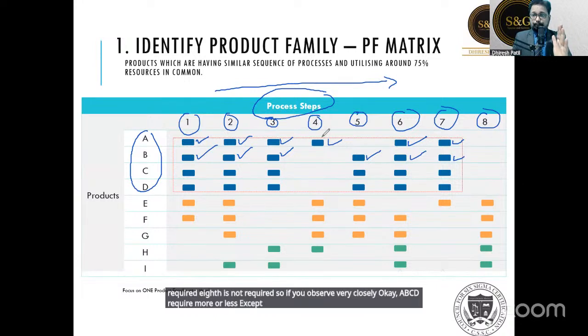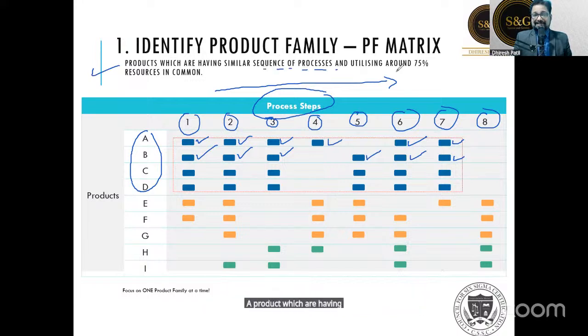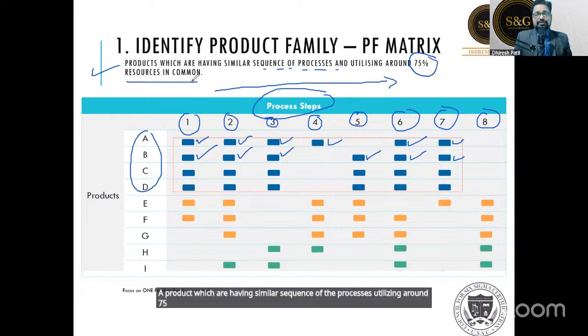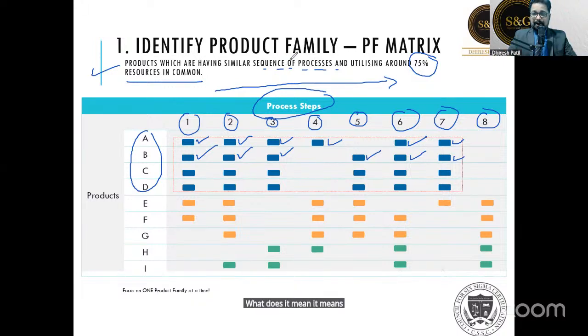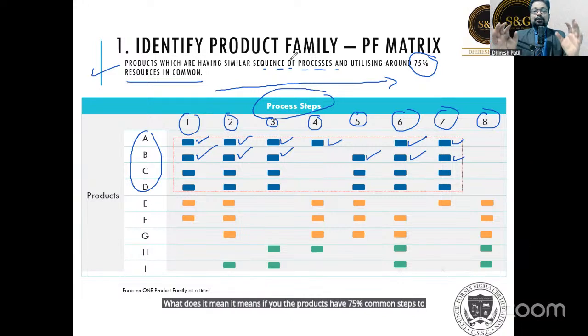So if you observe very closely, A, B, C, D require more or less, except barring 1 or 2 processes, more or less, it requires similar kind of process steps. So products which have a similar sequence of processes, utilizing around 75% of the resources in common, are called a product family. What does it mean? It means if the products have 75% common steps to be followed, those are called a